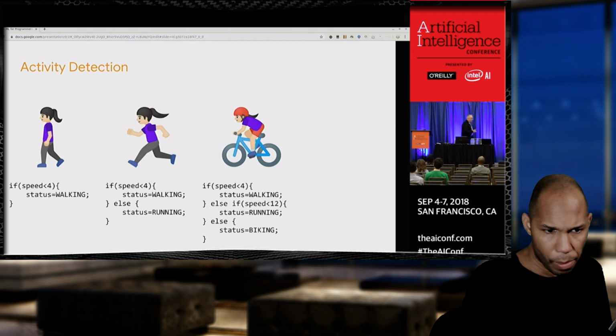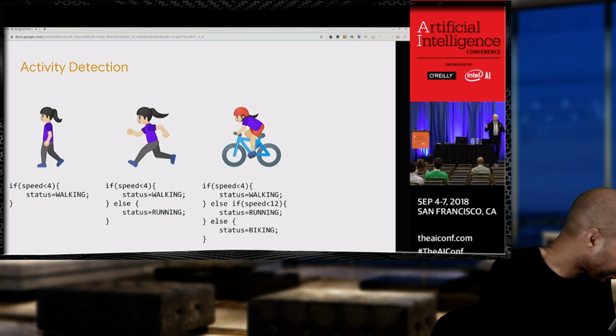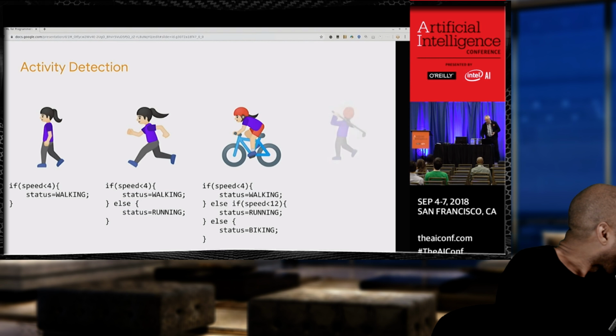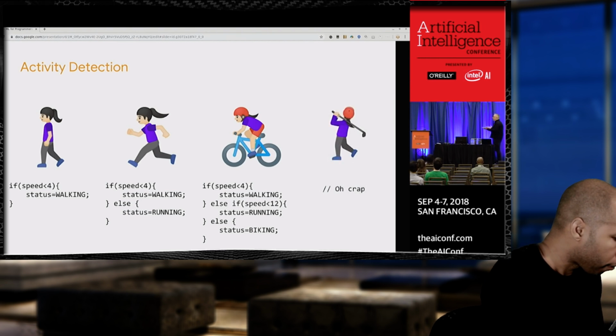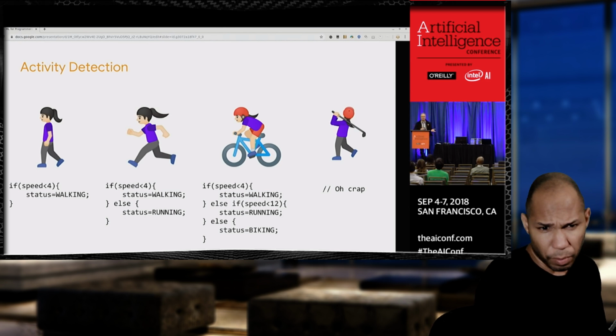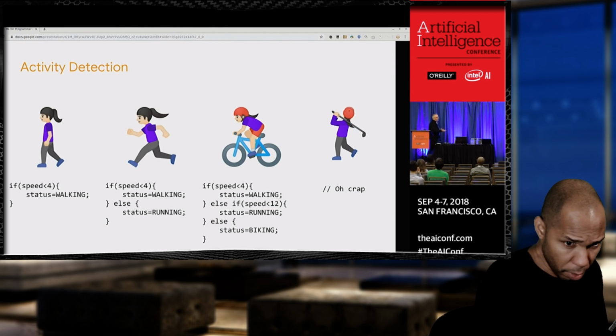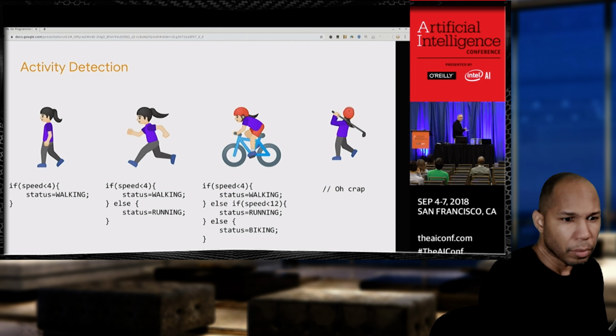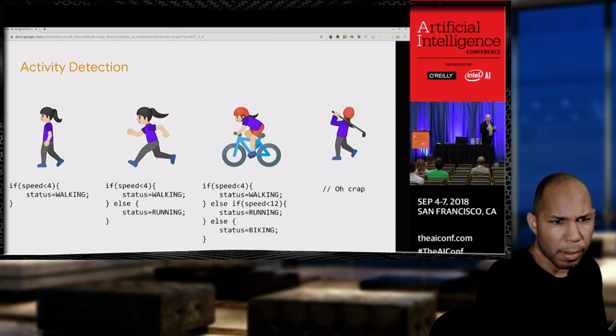But now, my boss loves to play golf, and he's like, this is great, I want you to detect golf, and tell me when I'm playing golf, and calculate what I'm doing when I'm playing golf. How do I do that? As a programmer, I call this the oh crap phase, because now I realize that all of this code that I've written, and all this code that I'm maintaining, I now have to throw away, because it can't be used in something like this. This scenario just doesn't become possible with the code that I've written.